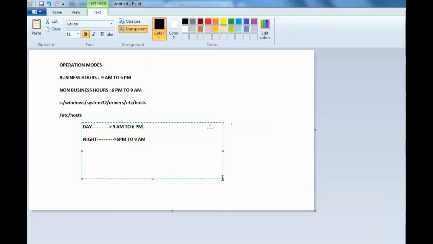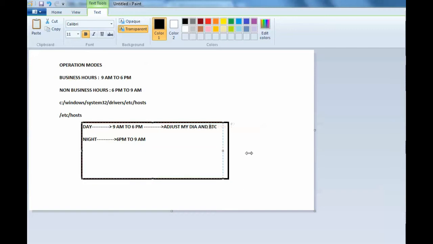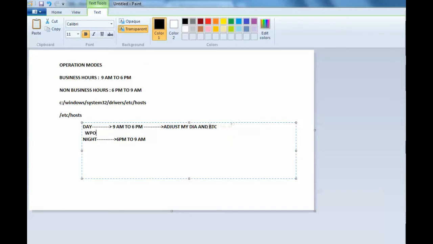So I have created operation modes day and night, and for each operation mode I have maintained the time frames. Now in this time frame I need to adjust my dialog and background work processes. For example, this is the business hours time. By default 20 dialog and 10 background are there.